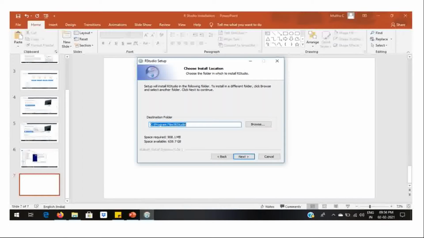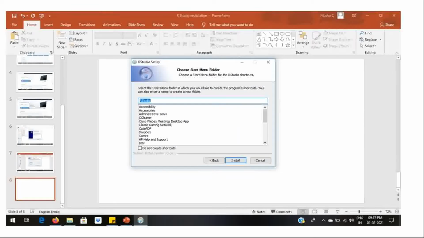Select the destination folder. By default, RStudio itself will select a destination folder inside C Program Files. If you want to install it in a different location, you can specify it using browse. Click on next. Then it will create a folder in the start menu.